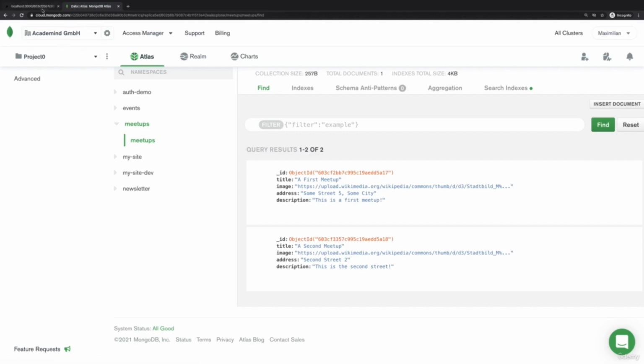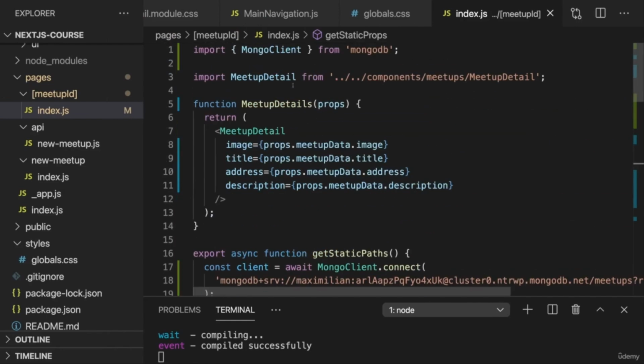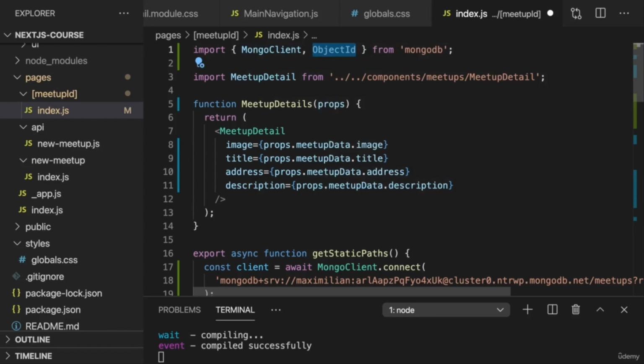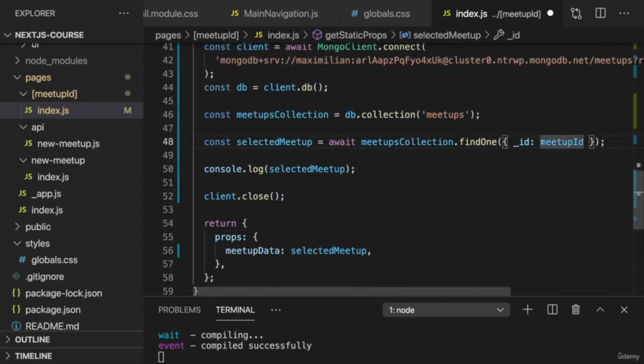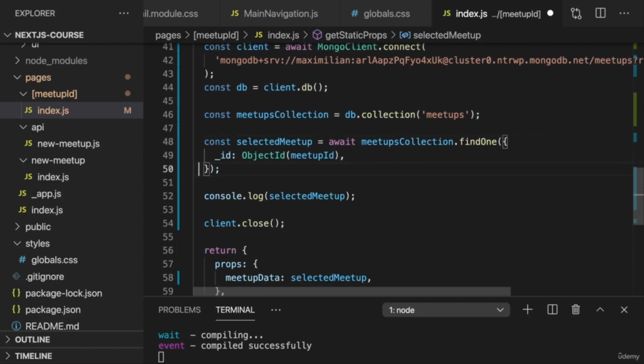To ensure that we can correctly look for a specific ID, we need to convert it from string to such an ObjectId thing. And for this, from MongoDB, you should import ObjectId, like this, with a lowercase d at the end, and wrap your string with that. So down here, wrap ObjectId around meetupId,